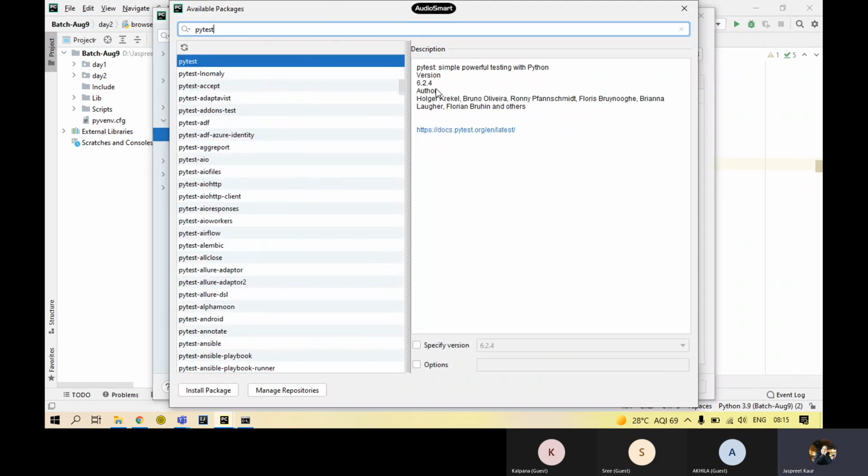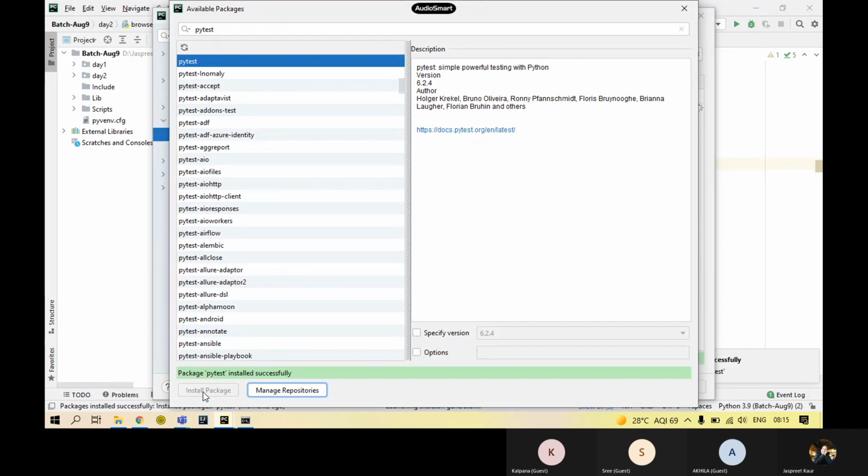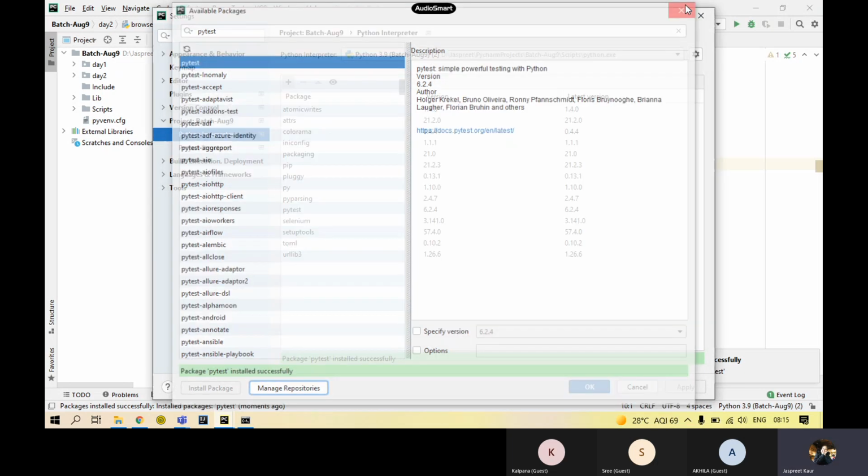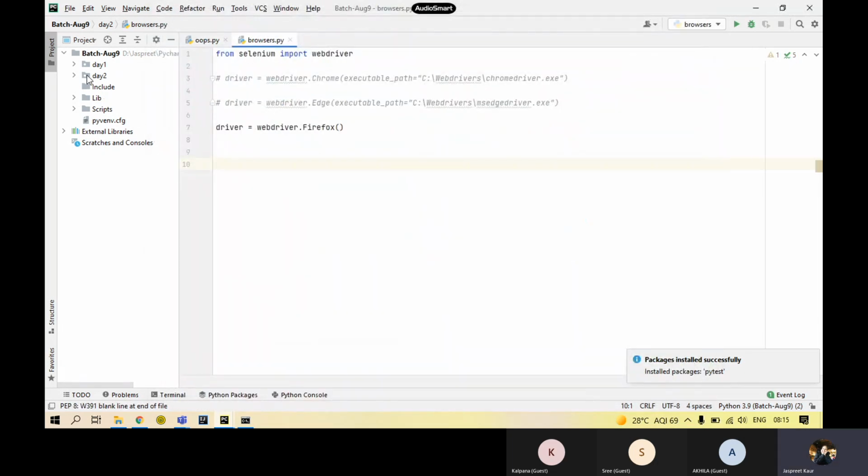At the top, it comes with the same version that we have installed in the system, so we just have to go and click on Install Package. Once it's done, we'll close these windows, and done.